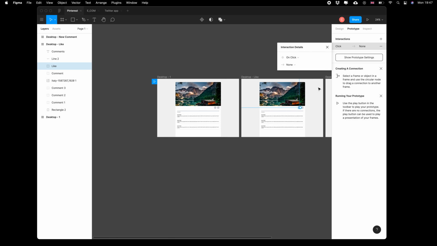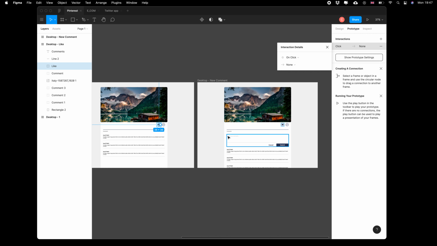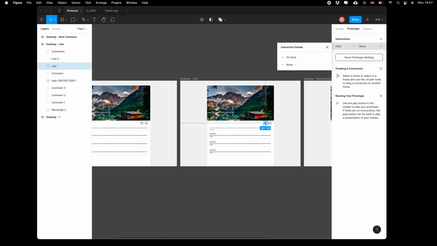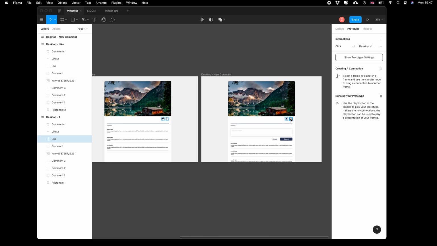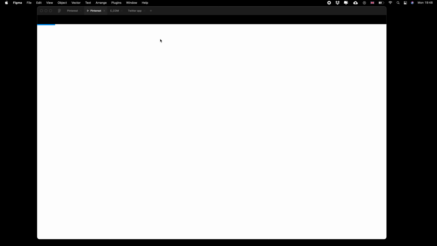So for example, in my case, basically we can click, right? I've created a prototype. See that when I click, I have click, go to this desktop. And if I click on this one, it goes to that desktop. So if I go to prototype mode,